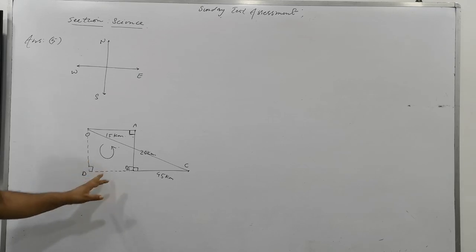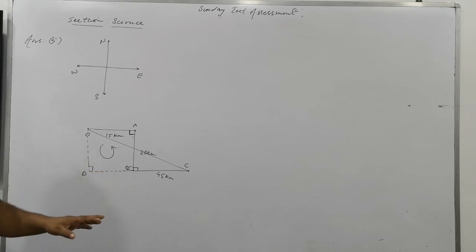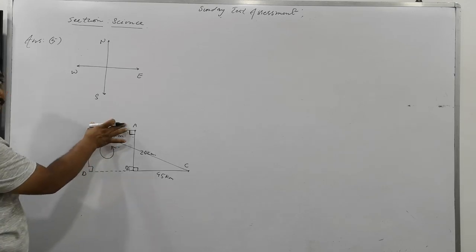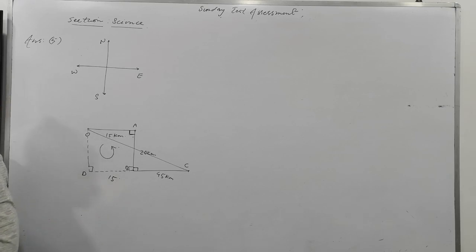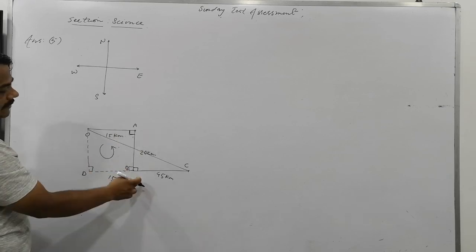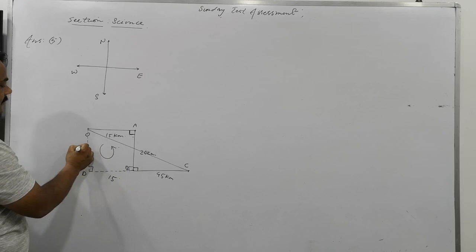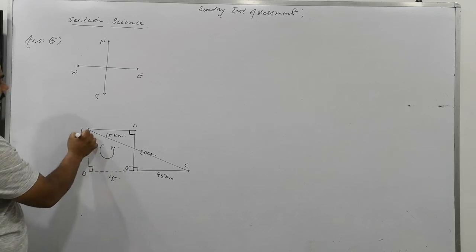Right now, this will be your part of solution. Clear? Right? So if it is a rectangle, what is this side here? 15. So this side will also be 15. Is that clear or not? And what is the side here? Please tell me this. 20. So this side will also be 20. Is that clear or not?